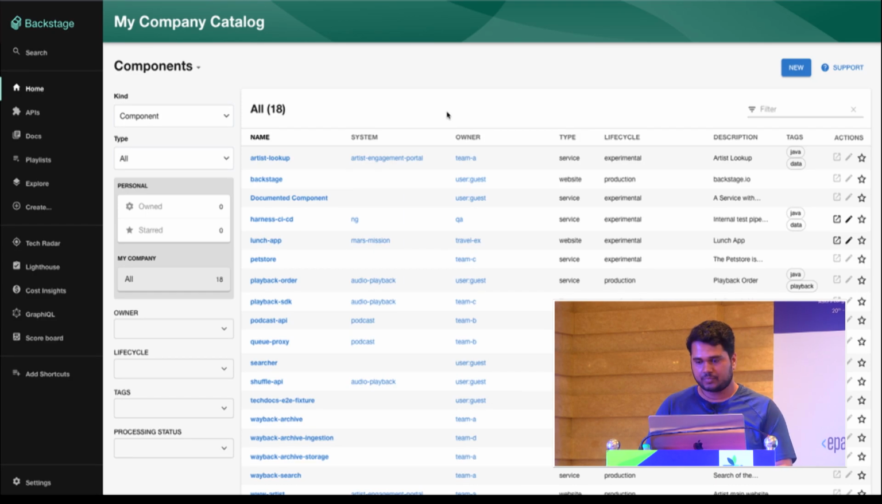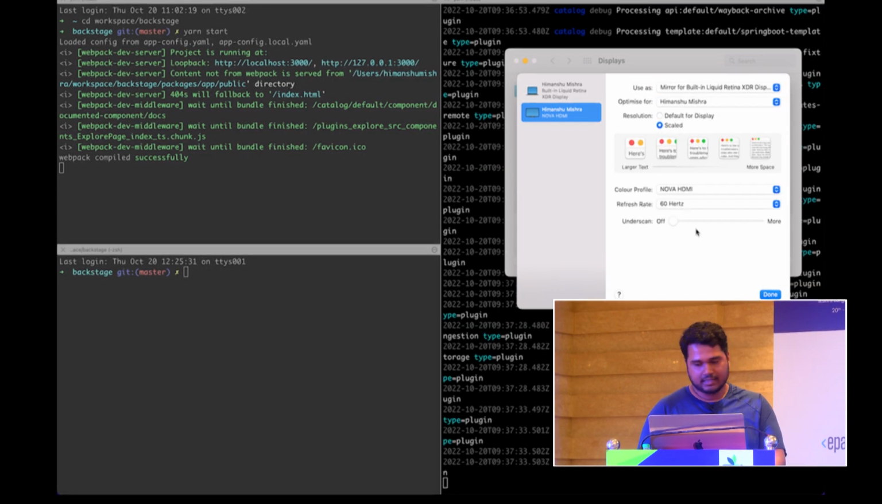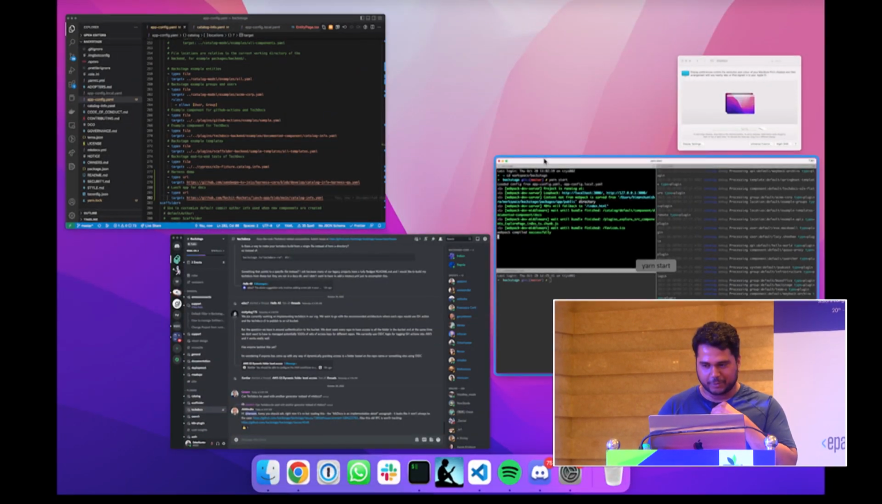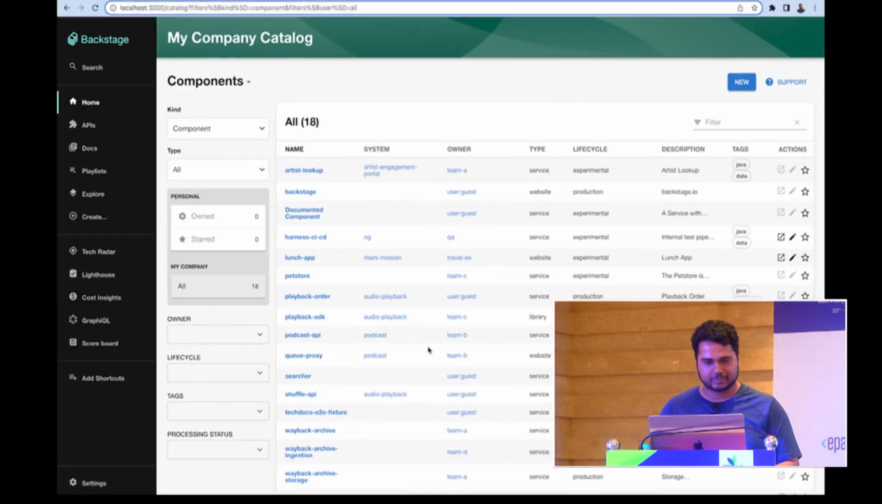Cool. I think it will work well if I mirror the display so that I see exactly what you are saying. I think it makes sense. All right, the dreaded terminal, but no. Let me go back to